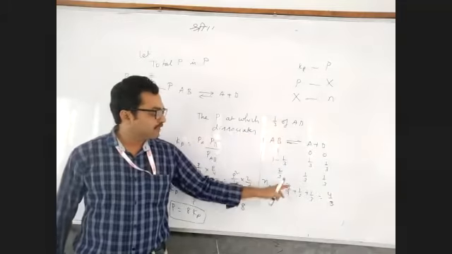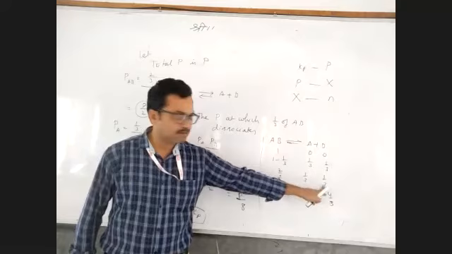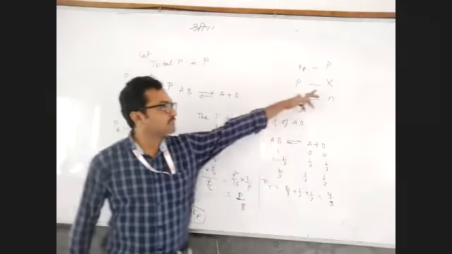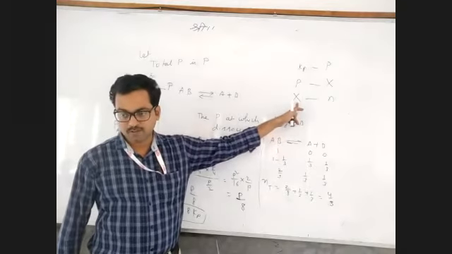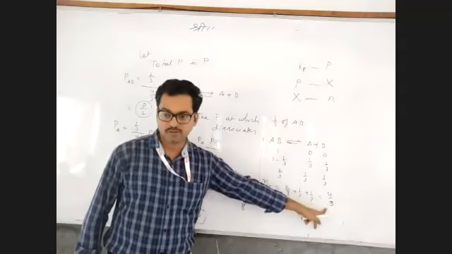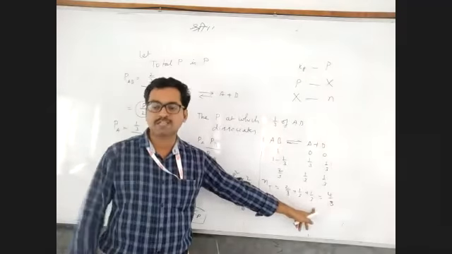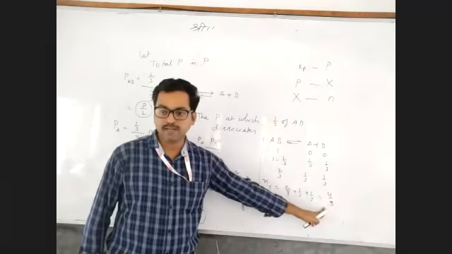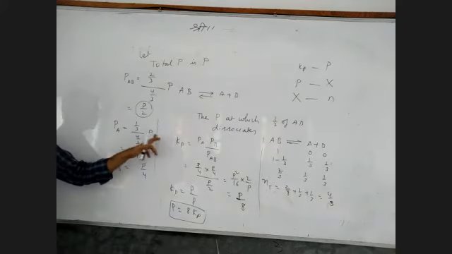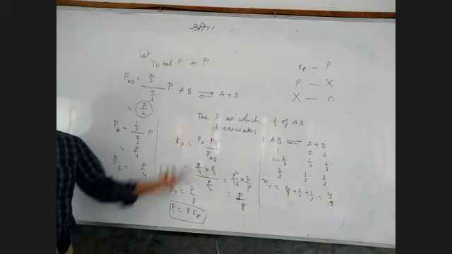Next, total number of moles here: 2 by 3, plus 1 by 3, 1 by 3. You got what? These are the equilibrium moles. After equilibrium moles, do the mole fraction. Now total number of moles means add, 4 by 3. So you know moles and total moles; moles divided by total is the mole fraction. Mole fraction multiplied by total pressure is partial pressure. Then write the Kp equation. That's it.